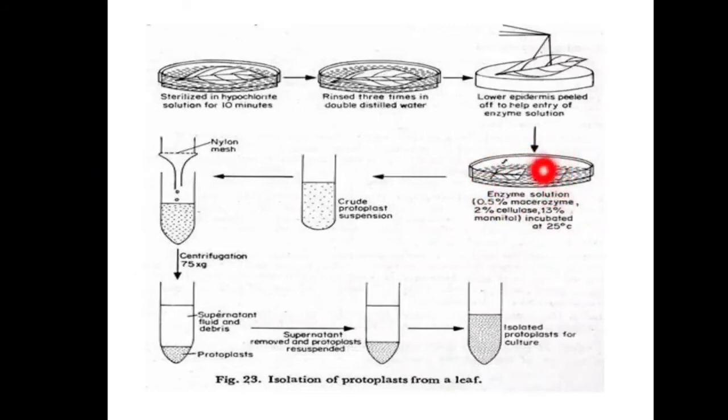This mixture is then filtered using nylon cloth, and the filtration removes the cell wall, cell clumps and the undigested tissues of the leaf. After that we put it in a test tube and centrifuge it, and after centrifuging, the bottom of the test tube contains the protoplasts, and we remove the supernatant by using the pipette. This process is repeated 3 times. So after the isolation of the protoplasts, they are ready to be cultured now.